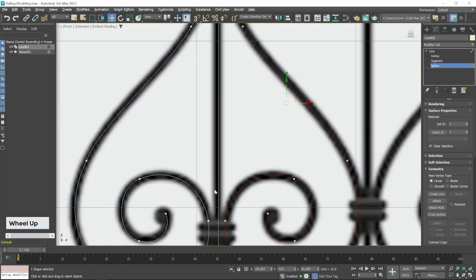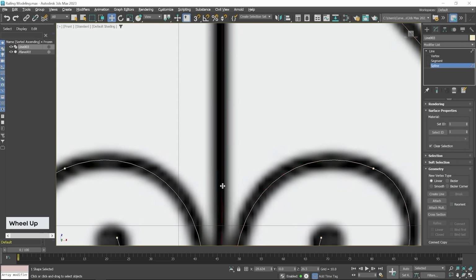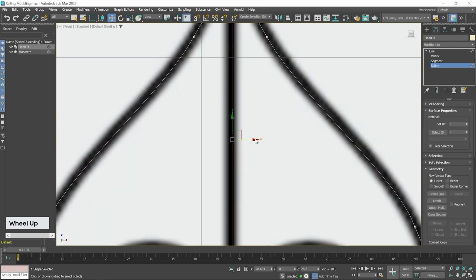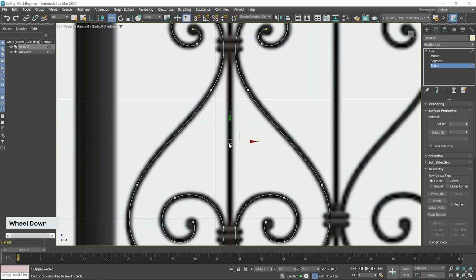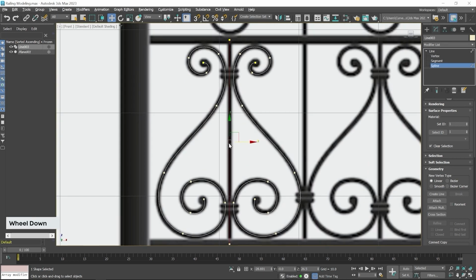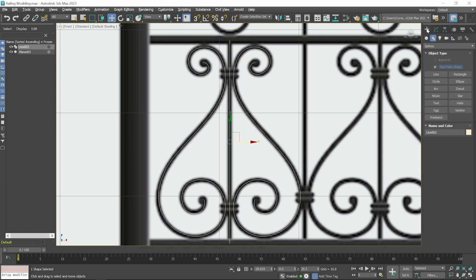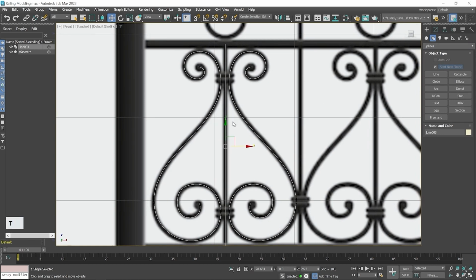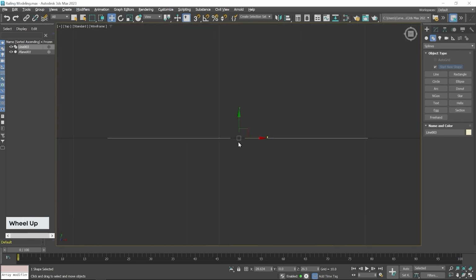If you want to change position for this line, click on this line, and by using this x-axis handle, you can change position a little bit, so it will create it in the perfect position. If you want to add these rings, you can also create them with the help of the line tool, or you can also create an ellipse in this area. By using the top viewport, I create an ellipse, so I switch to the top viewport and I create the ellipse in this area